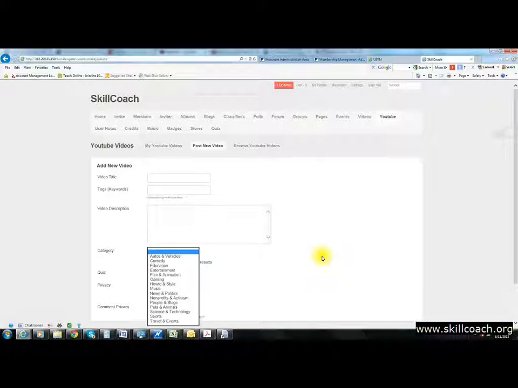Okay, so we want to make sure that we have the categories. Let's try to keep them congruent for now. We're going to get more specific on categories, but for now, maybe we just use the YouTube categories, and that's going to be good enough for now. Okay, we might have a category and then maybe a subcategory. That might be appropriate, but for now, let's just use the YouTube categories,